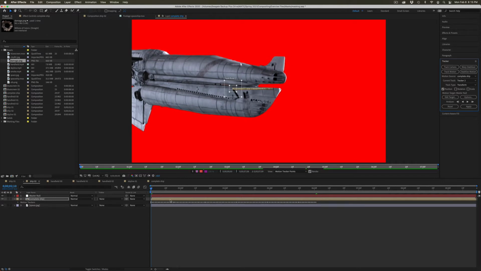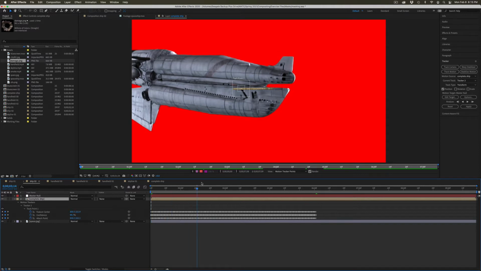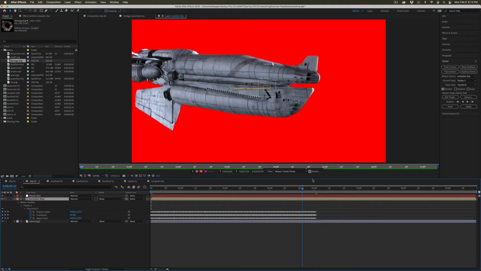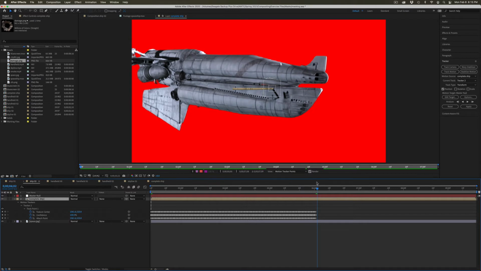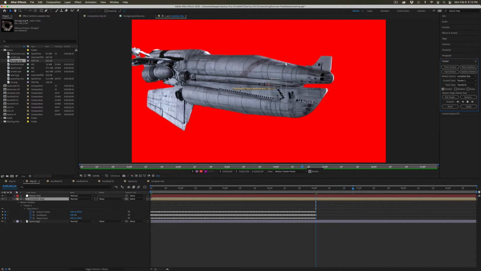And you can see it placed a whole bunch of keyframes there. If we click U to show keyframes, you could see that all 3 of those factors, the feature center, the confidence, and the attach point, all have their own keyframes. And I would just jump to where I started and continue moving forward. And if there was an issue, you could just pause, adjust the point, and then continue